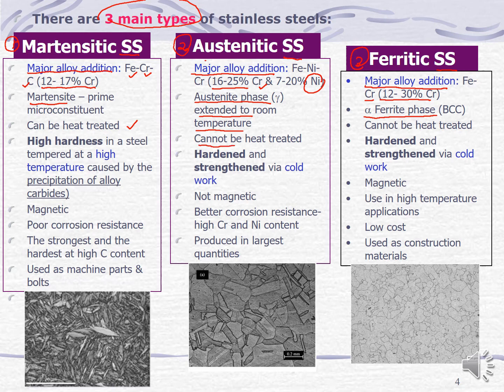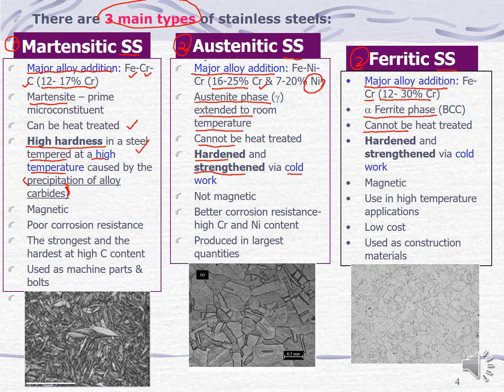For the ferritic, it also cannot be heat treated. Okay, for this martensitic stainless steel, high hardness in a steel tempered at high temperature, caused by the precipitation of alloy carbides. Okay, for the austenitic stainless steel, this austenitic stainless steel can be hardened and strengthened